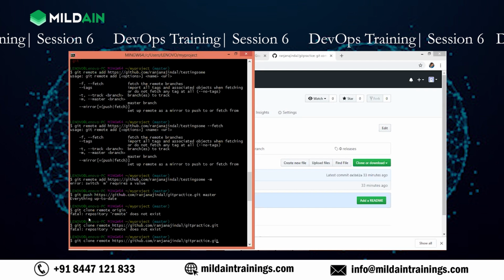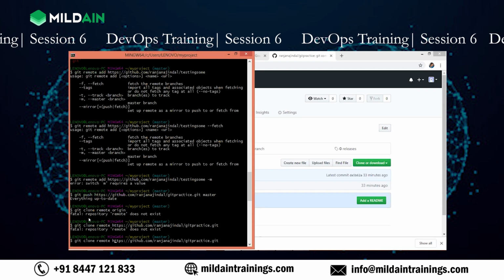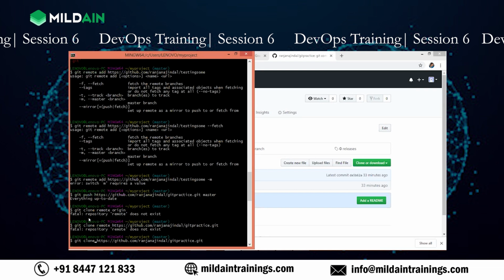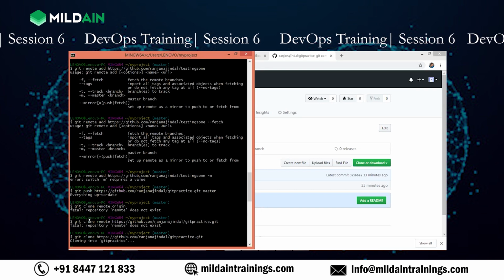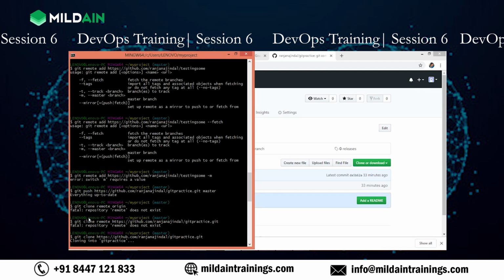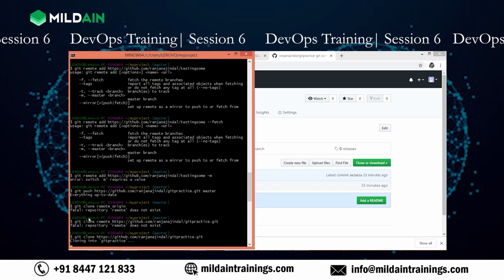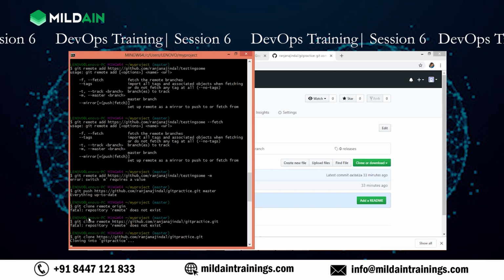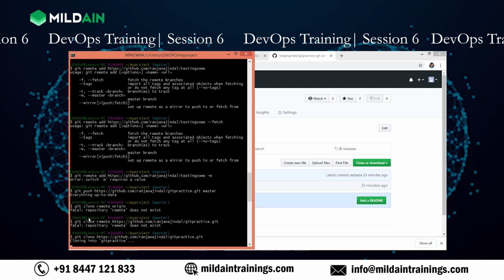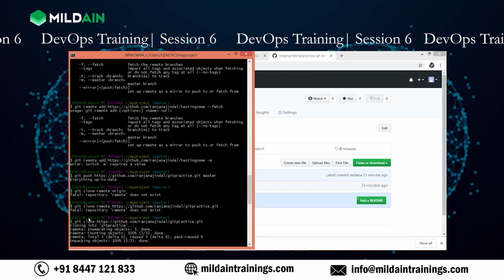Maybe origin instead of remote. No. Git clone. Sorry, I have used remote. I do not have to use the word remote. So now it will be only git clone, then